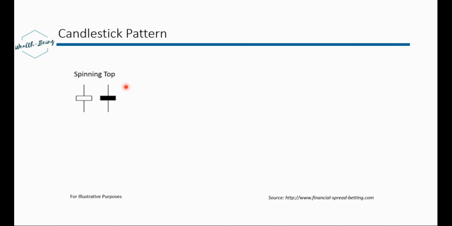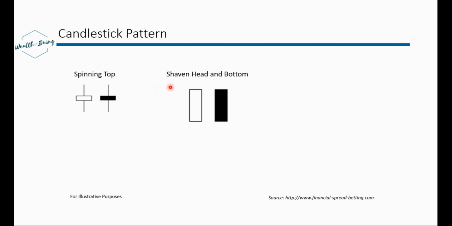The second type will be the shaven head and bottom. A bullish shaven head and bottom contains a long white or hollow body with no shadow, which means the opening price is the low price and the close price is the high price. This is a very bullish candle, and it shows that buyers were in control the entire session. We usually see these candles in the first part of a bullish continuation or a bullish reversal pattern,